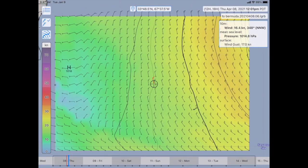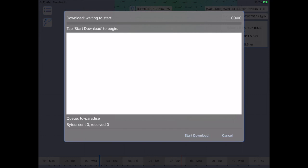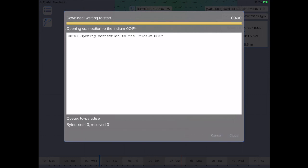So with that, I'll go through a demonstration of a download through the Iridium GO. Okay, in this example, we have an Iridium GO attached to an iPad. I've added a GRIB request to the queue and just tapped the start download. So the first process will be the app communicating with the Iridium GO, alternatively the Red Port Optimizer. But in this example, the Iridium GO,